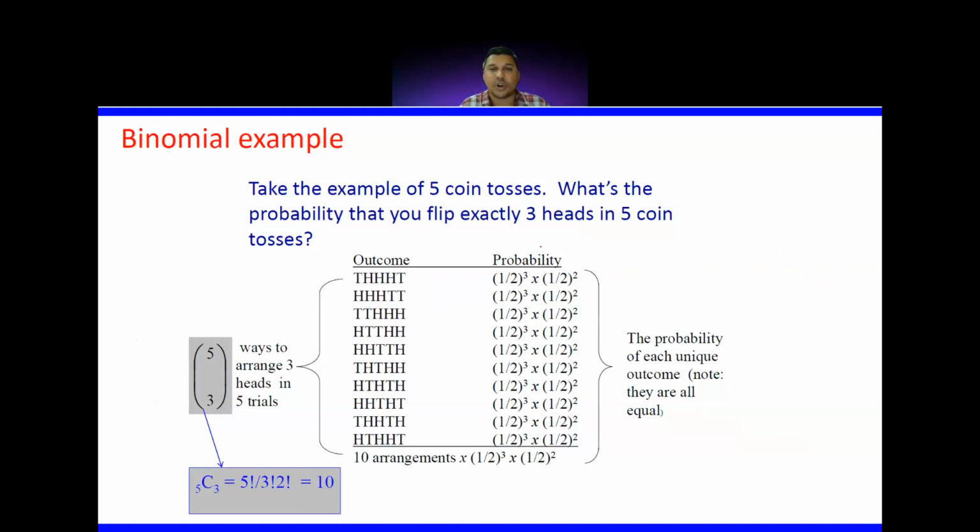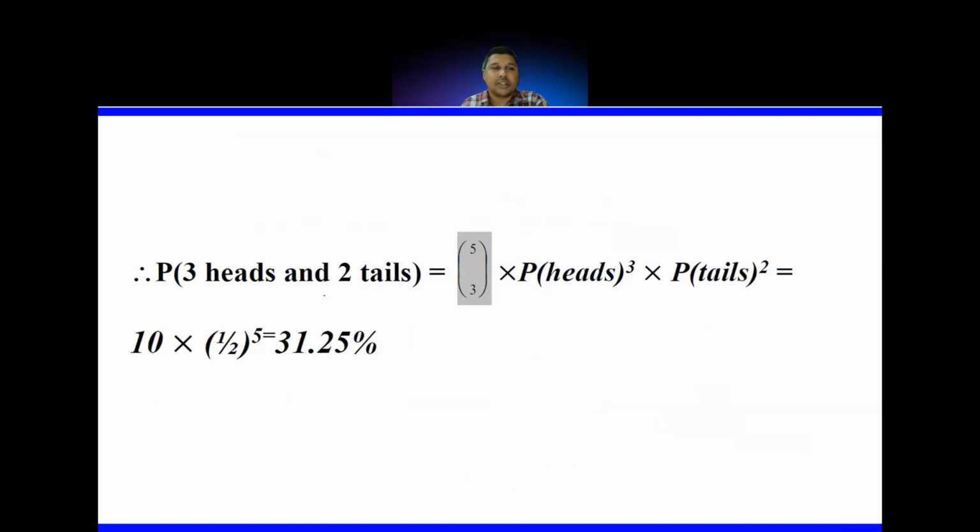In 5 tosses, I have to get 3 heads, but it can be in different locations. The first time I can get a head, or the second time I may get a head. So different combinations exist. But the probability of all the cases, you see, is fixed like this. So getting 3 heads and 2 tails, that's it, right? Because I'm talking about exactly 3 heads, the remaining will definitely be 2 tails. So 5C3 into probability of getting heads cubed into probability of getting tails squared. So here you can do that.